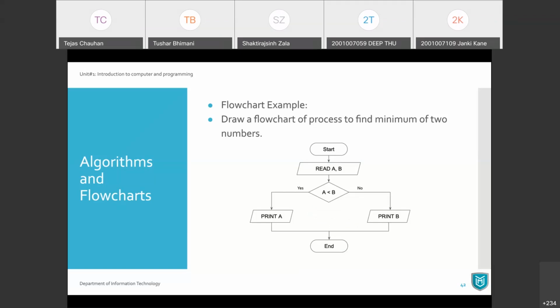Vyom is asking, can a flowchart have a single start and two endpoints? Yes, it can have one start and two endpoints, but as I've shown in the explanation, it is preferable to merge all those branches and have a single endpoint.